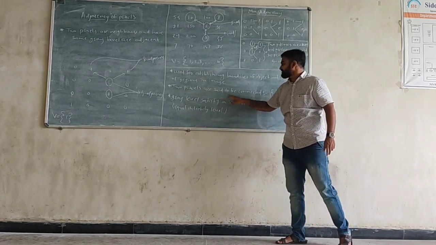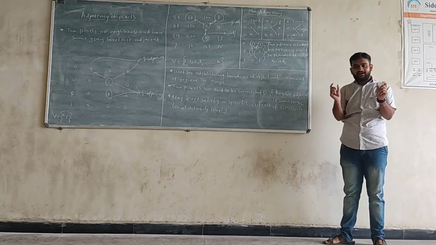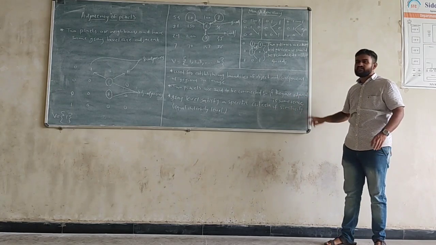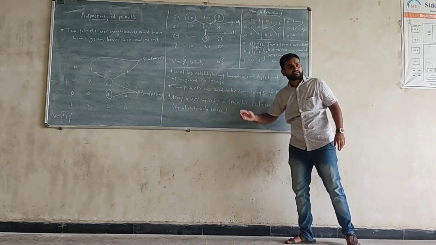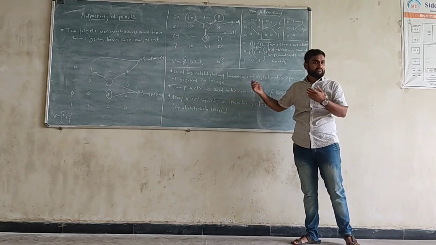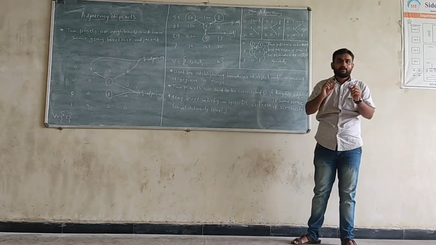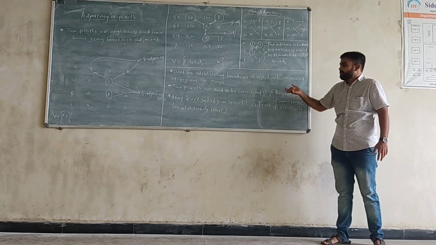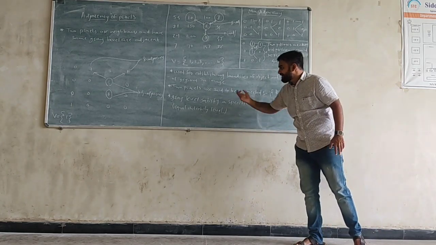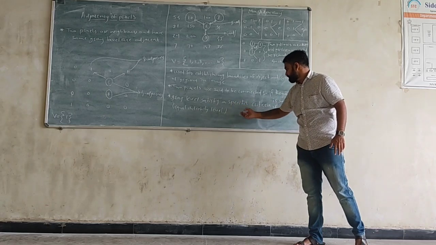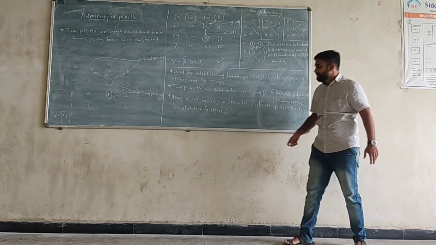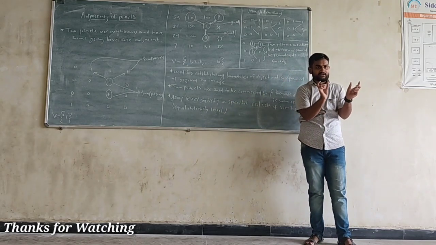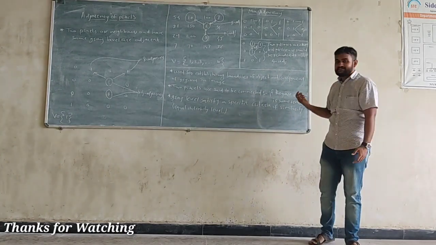Then 2 pixels are said to be connected if they are adjacent in some sense. Maybe they are 4 adjacent, maybe they are 8 adjacent, or maybe they are mixed adjacent, then we can say that the pixels are connected, or pixels are adjacent. Okay. Next point, gray levels satisfy a specific criterion of similarity, equal intensity levels. Maybe 2 gray levels have the same intensity, then we can also call them adjacent pixels.